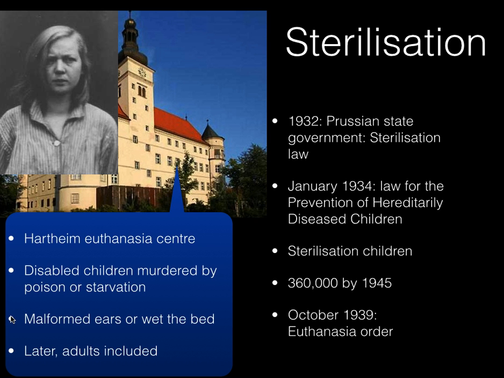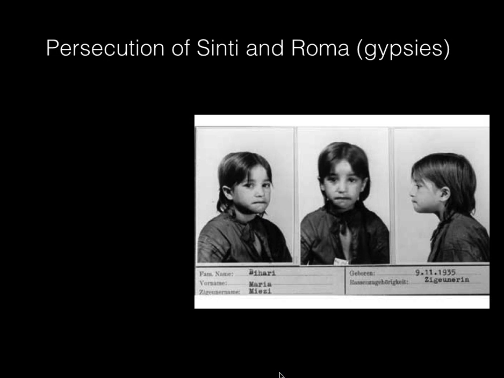And later on, adults were included. Adults that were deemed to be disabled in some way, not worthy of life, were also killed under the euthanasia order. The persecution extended from disabled people. It also included Sinti and Roma, commonly known, although you shouldn't really use that word, as gypsies. These are an ethnic minority group within Europe that travel around Europe and historically have been